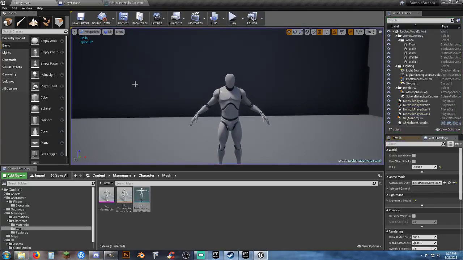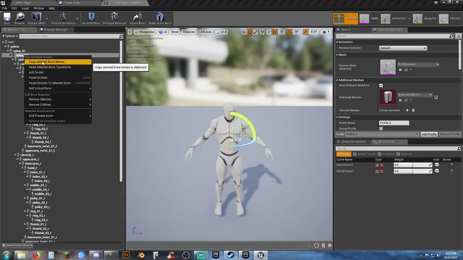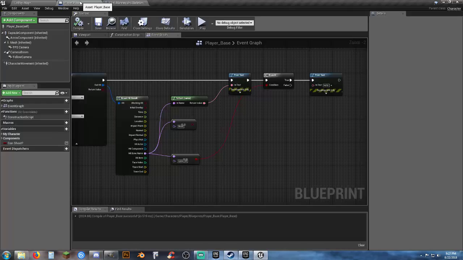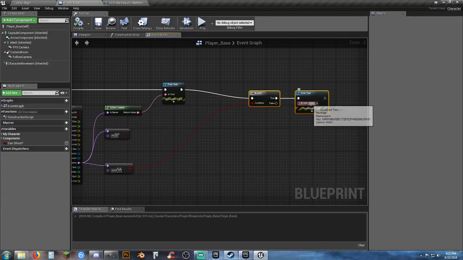So that's, you can always come in here and actually get the exact bone name. But what I just did right here was I right-clicked on it and copy selected bone names, and then I went in here and I just Control V to paste it in there. So now we've got that, and that would be, let's see, body hit,